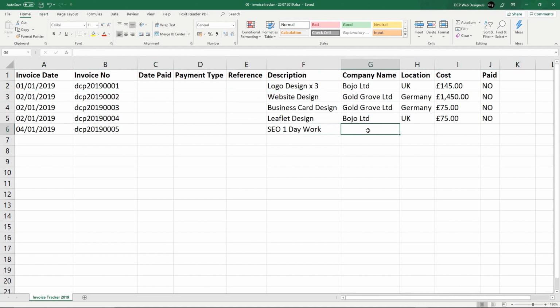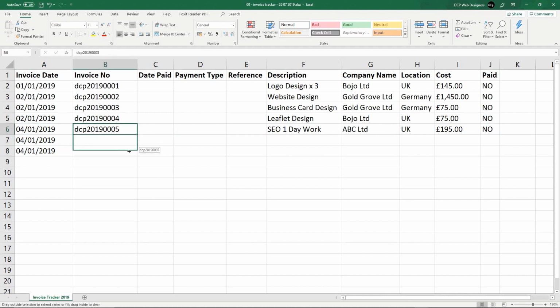SEO work, let's say that we did this for ABC Limited, and they're based in the UK, and we charge them £195. So you can see I'm typing in information a little bit quicker now. So I'm going to do a few more. Let's say that we did 3 of these on the 4th. I'll click here and drag down, and then we did some more work for this Bojo company,